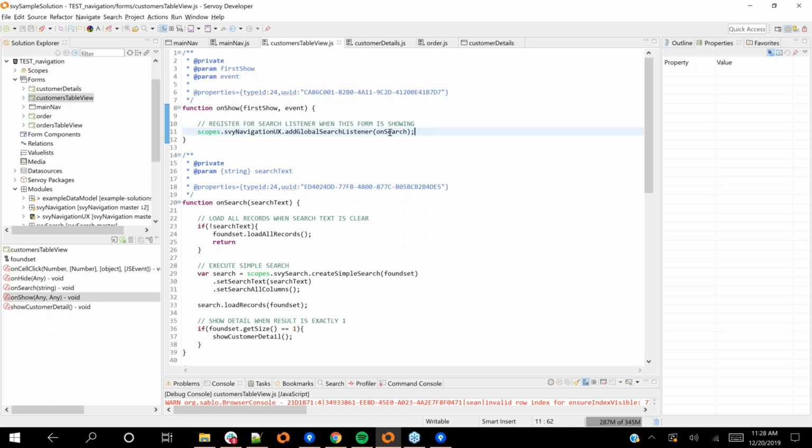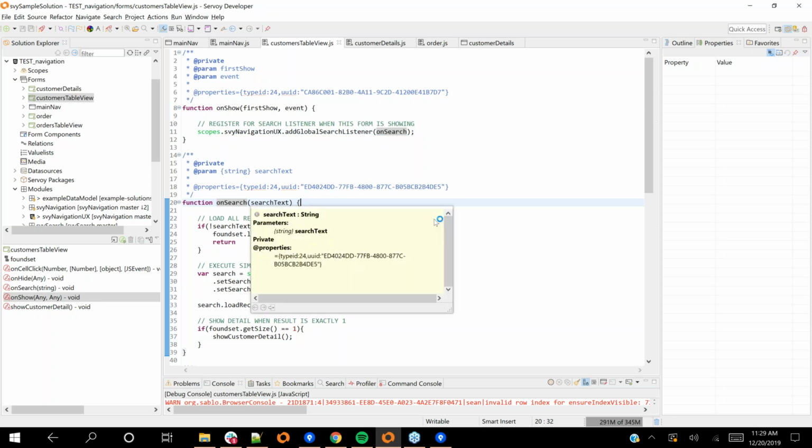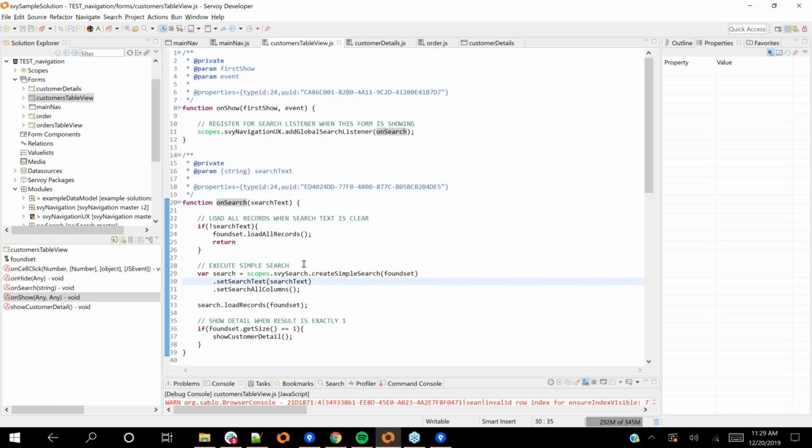And I add this global search listener on search. You can see that's this method right down here. And what happens is it calls whatever handler you register, and it passes in the search text when it's called, and then you can handle it however you like. In this case, I use the common SVY search API. You could also use the pop-up filter, pass it to that like we showed in Wednesday's demo, and then it binds directly to the grid. So it's up to you what you want to do with that, but it's just a nice little way to